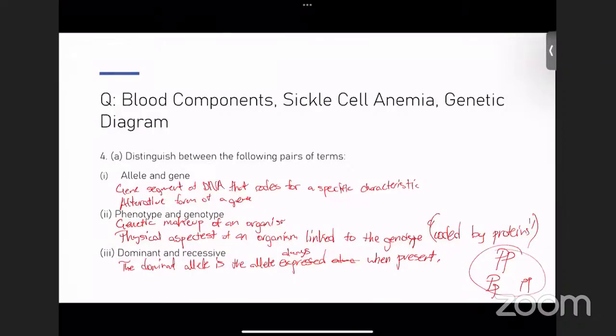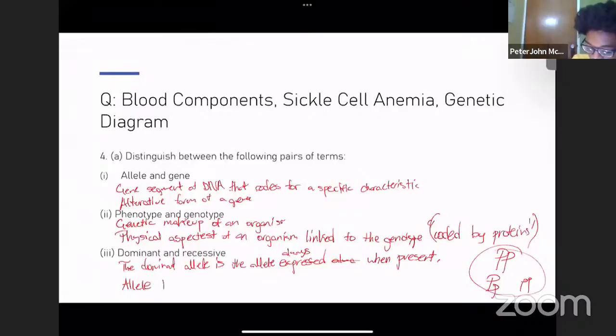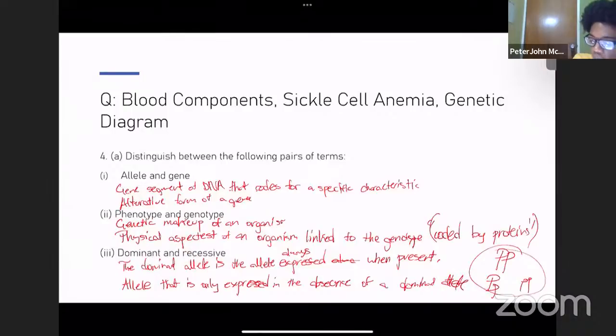An allele that is only expressed when the dominant is not present. That's exactly how I would define it as well. Expressed in the absence of a dominant allele. I don't know why I spelled it that way, but yeah, that's exactly how I would define all of these